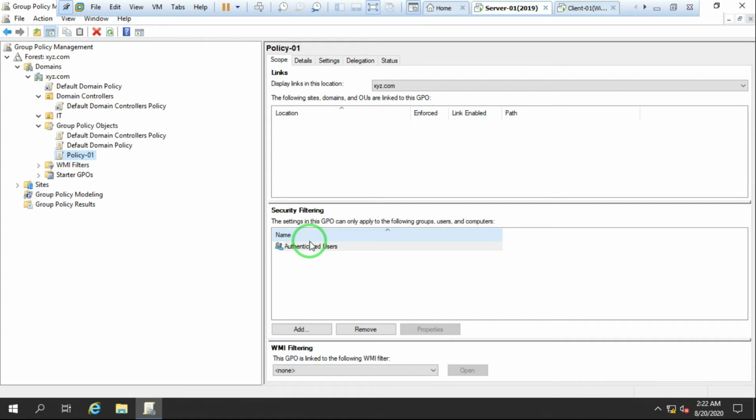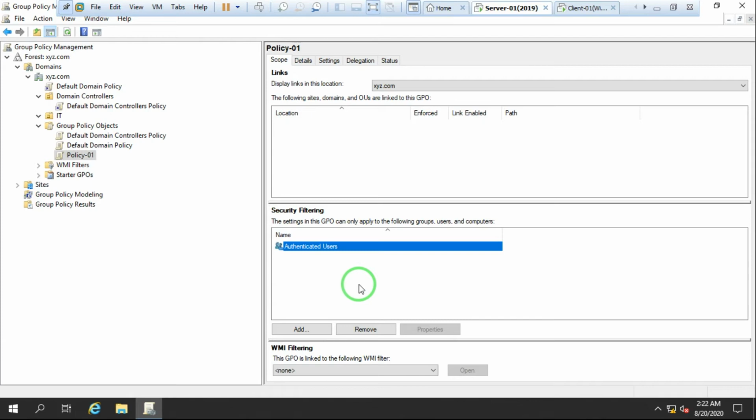Now the next thing we need to understand is that we have a security filtering option. Security filtering means authenticated users. They are automatically added. Imagine that I need to apply the policy only for 2 users. Either I can first make one OU, move those 2 users into the OU and apply the policy on the OU.